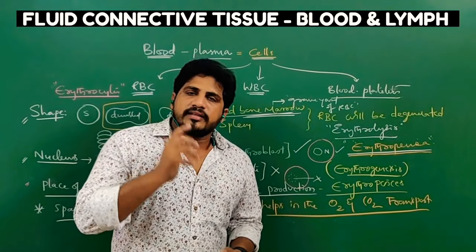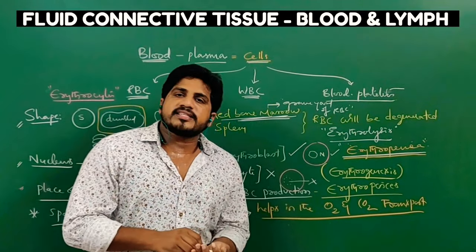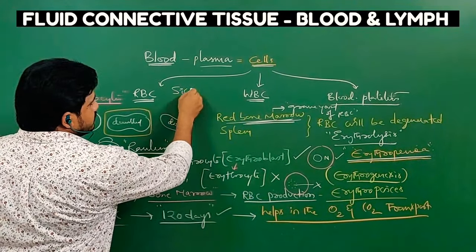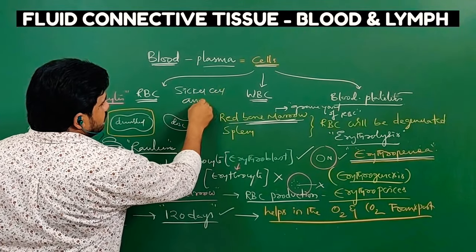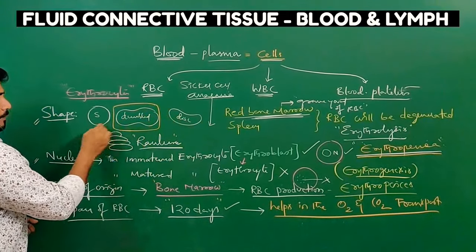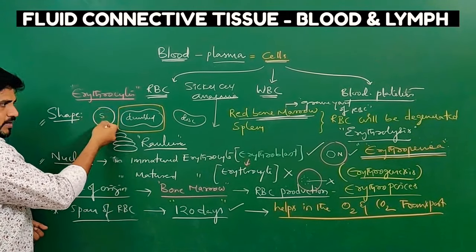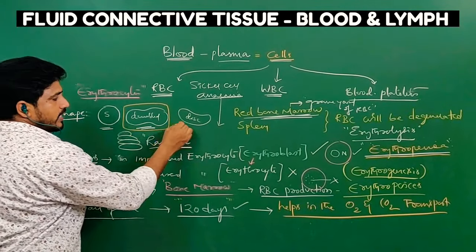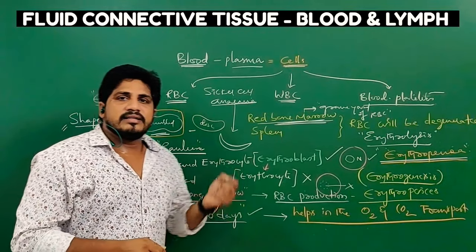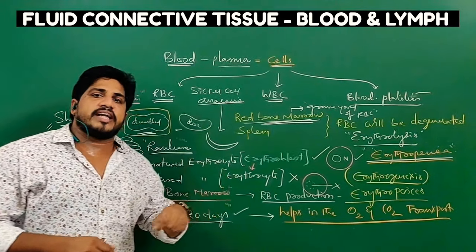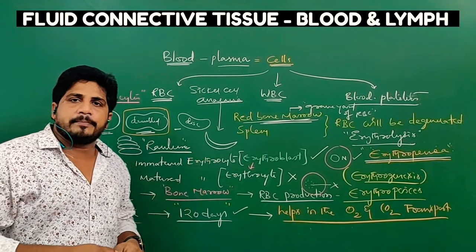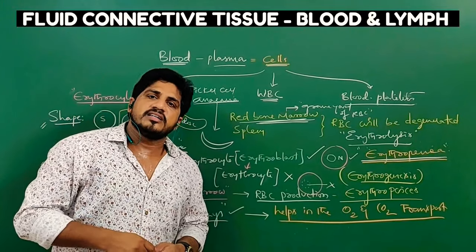Next, another important point about the RBC. There is a genetical disorder called sickle cell anemia. In such a condition, the RBC does not appear as a sphere or circular, not as a dumbbell, not as a disc. It appears in the shape of a sickle, so the oxygen and carbon dioxide transport tendency will be decreased, resulting in anemia. The reason this shape appears is some error in the genetical makeup.